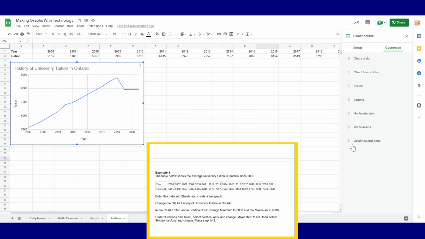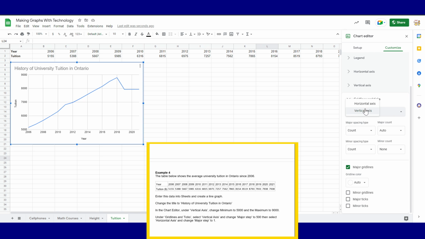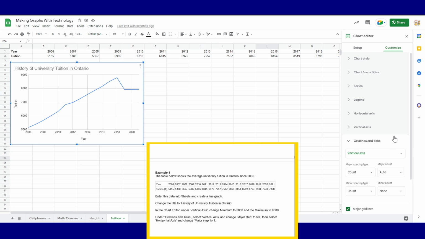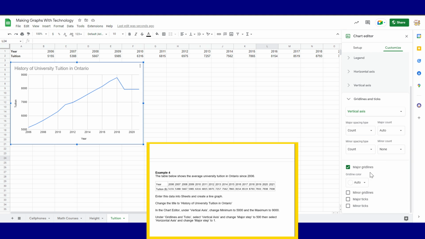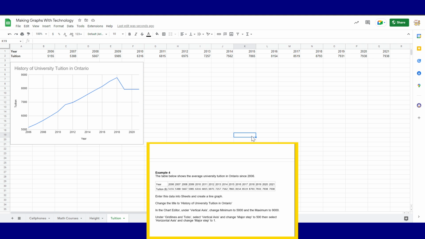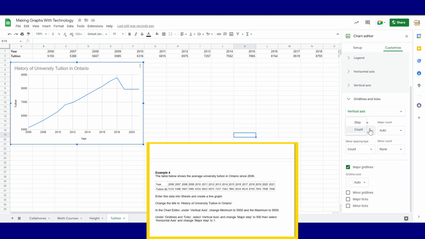You can also then go under grid lines and ticks, select the vertical axis under the drop box. So looking at vertical or horizontal, we want to look at the vertical axis. We can change the major spacing or the major step to 500. So again, we can see